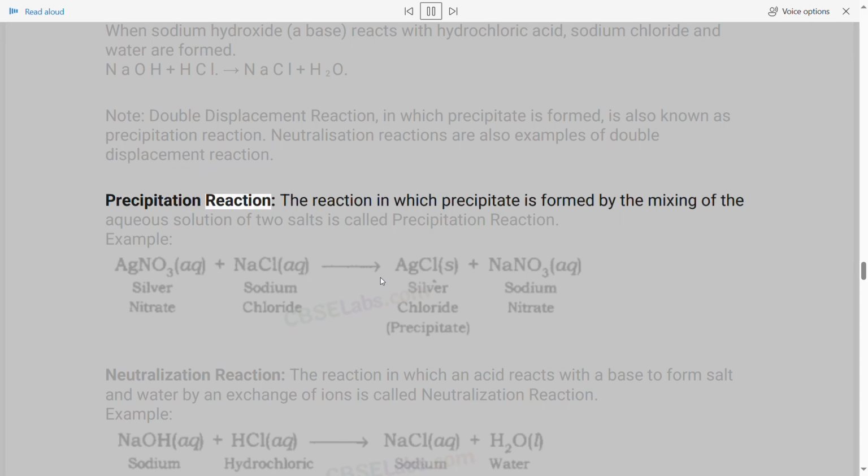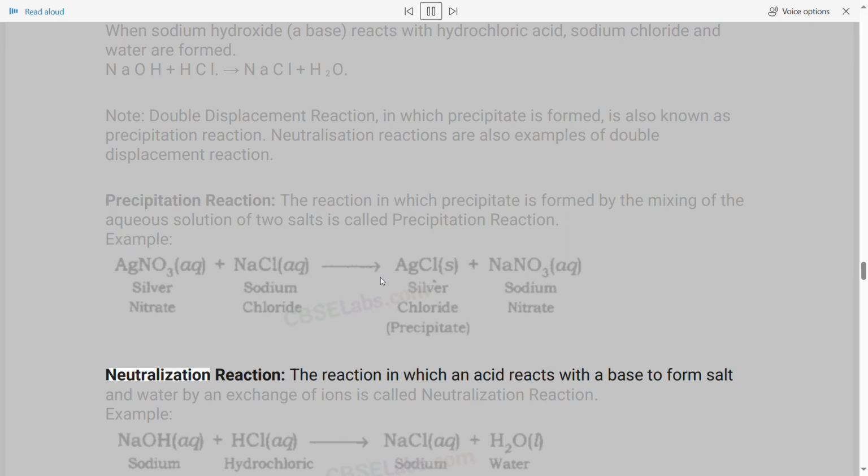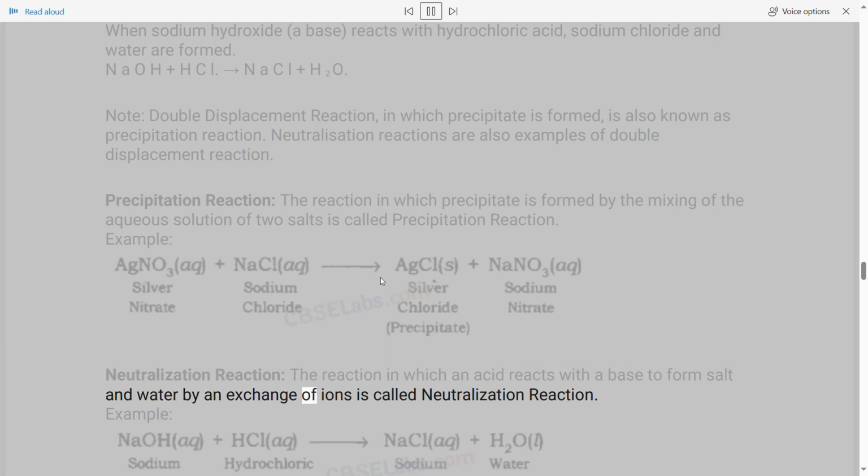Precipitation reaction: the reaction in which a precipitate is formed by the mixing of the aqueous solutions of two salts is called a precipitation reaction. Example: Neutralization reaction: the reaction in which an acid reacts with a base to form salt and water by an exchange of ions is called a neutralization reaction. Example: